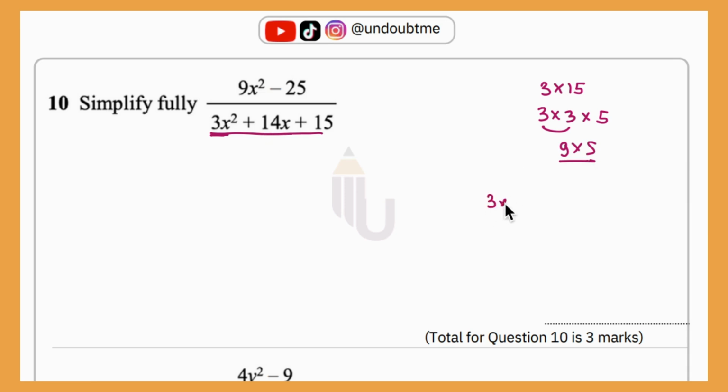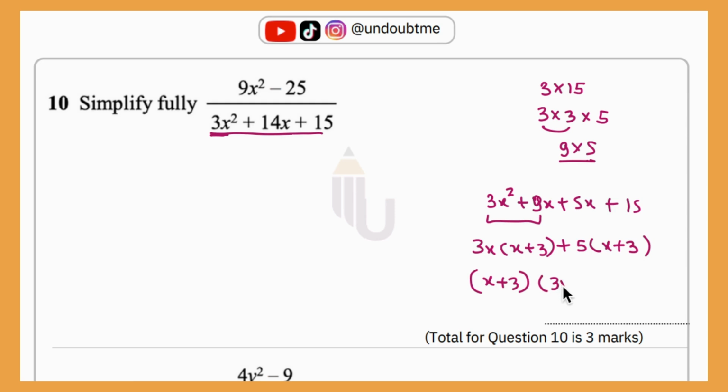So I can work it out like 3x square plus 9x plus 5x plus 15. Then from the first two terms I'll take 3x common, so it will be x plus 3, then 5 common, so it will be x plus 3, and then x plus 3, 3x plus 5 are the factors. So in the denominator I'll write x plus 3 and 3x plus 5, while in the numerator